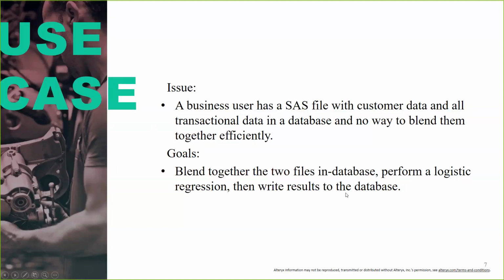So what we're going to do is take these two files and blend them in database, both of them, and perform a logistic regression to write results to the database. What these files really represent is the likelihood these customers were to buy based on their transaction history. We're going to perform a scaled logistic regression, which has that decision variable of yes or no: how likely are they to be a responder to my targeted marketing campaign. We're going to go ahead and try that out